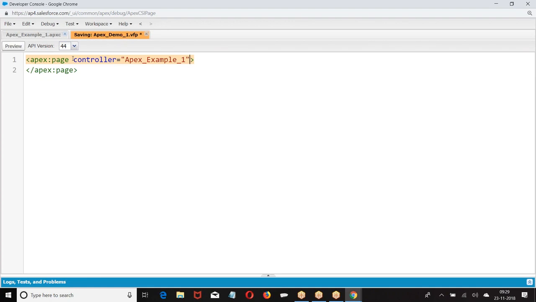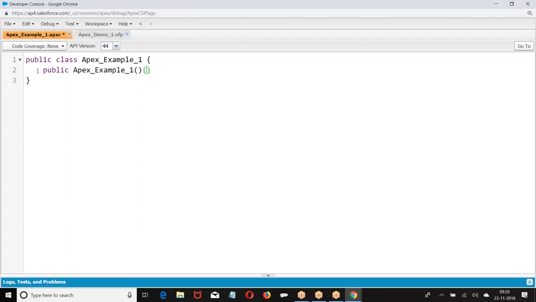And if you want to refer to any Apex class in the VF page, the class has to be public or global. Only public classes and global classes can be accessed within the VF page. Next, if I want to call any Apex class in the VF page, the class should not contain any parameters in the constructor.